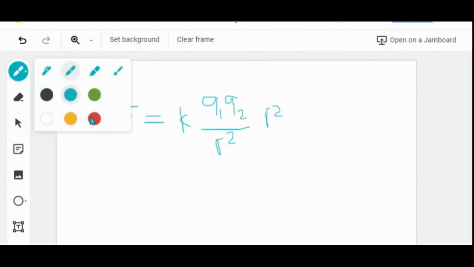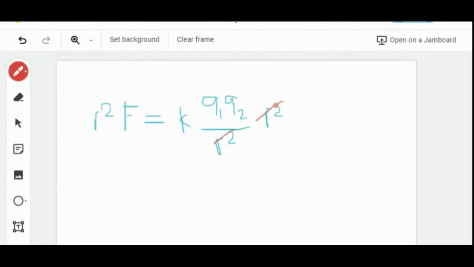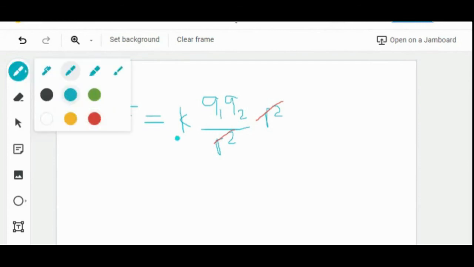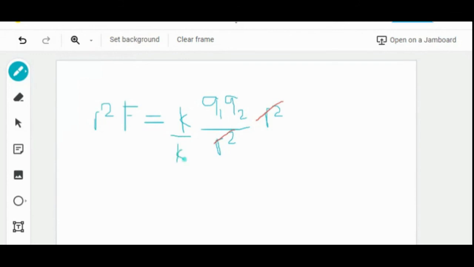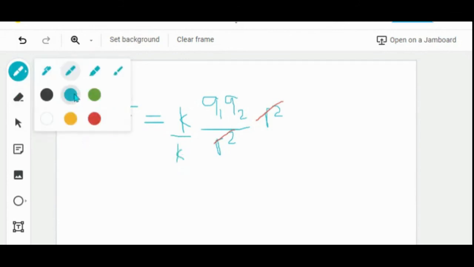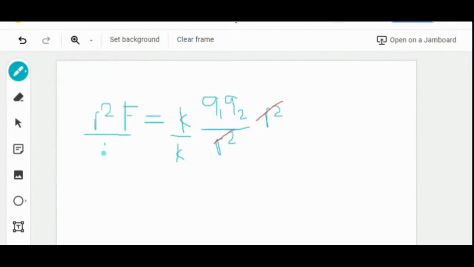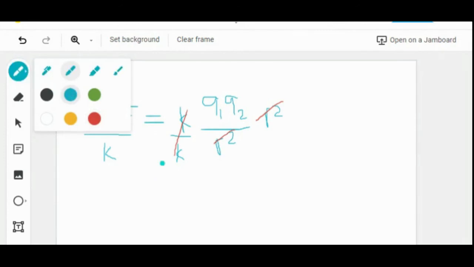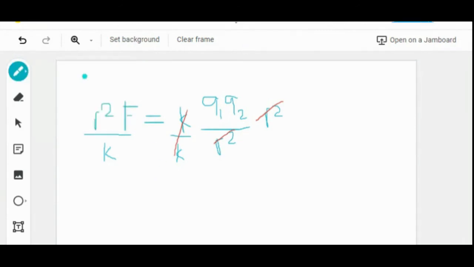This will cancel out because R square divided by R square is equal to 1, right? And then we divide both sides by k. If we divide both sides by k, that would give us this one. Then this one will cancel out because that's also equal to 1. So this equalization will give us Q1 Q2 is equal to F R square